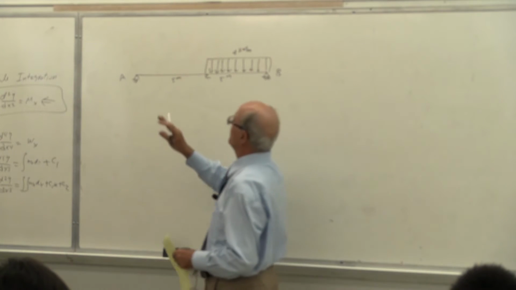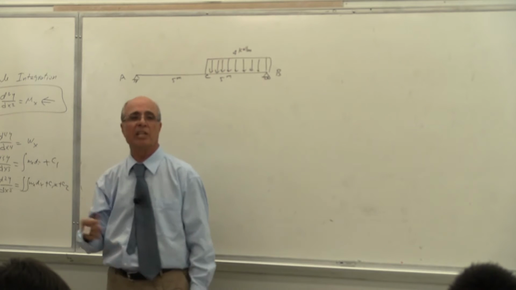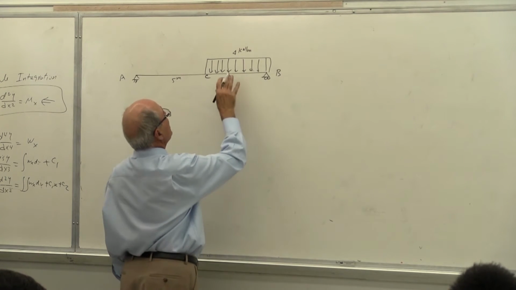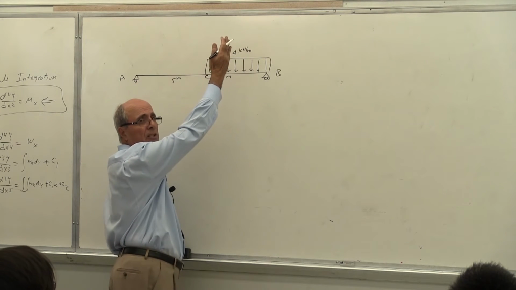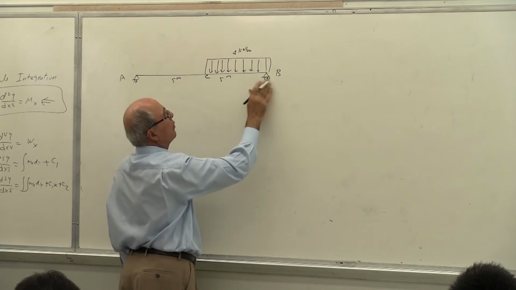Look, go back to your notes and see what's the difference between this problem and the other problem. Obviously, the load was all the way to the end, and the reactions were equal. Here, the reactions are not equal. Is that correct or not? Yes, because half of the beam is loaded. Therefore, the total load there was 40. Here, the total load is 20, applied at the middle. Yes or no? Then you find the reaction.